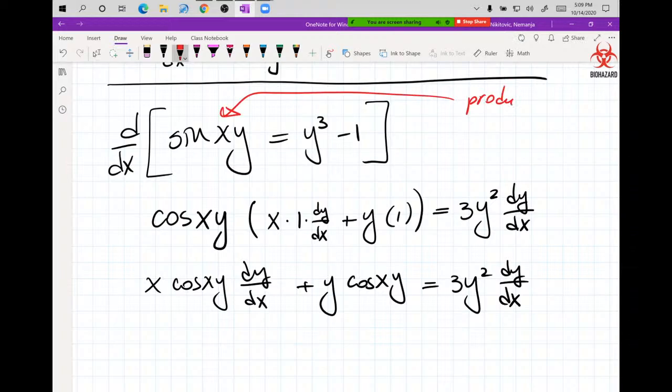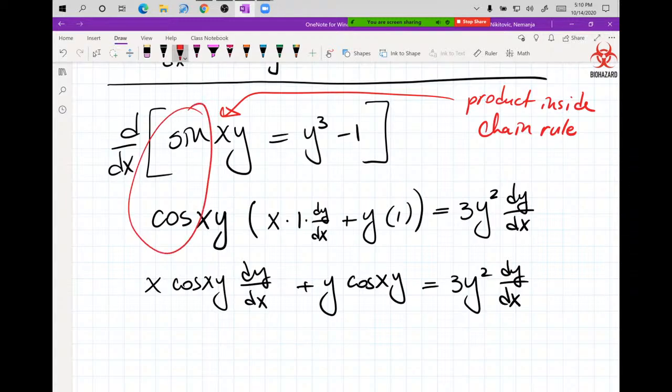product, inside, chain rule, and then on top of that, we have to worry about, oh, I took the derivative of y, follow with the chain dy dx. So one more time, derivative of sine is cosine, and we copy the same argument. And then, because this was not just cosine x, it was cosine xy, I have to take the derivative of